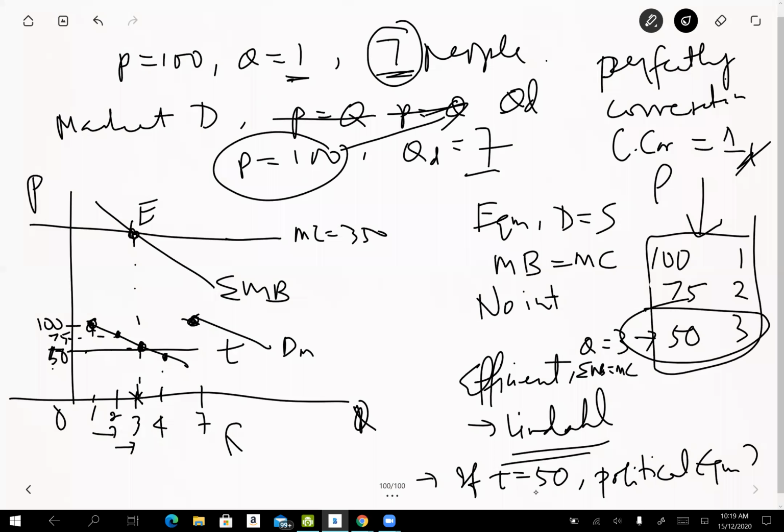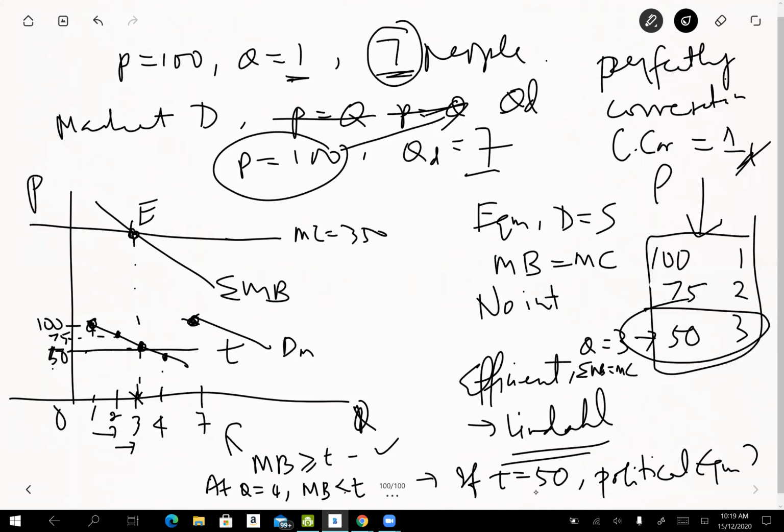The tax is bigger. You already have the rule. If the marginal benefit is bigger than or equal to the tax, you vote yes, which we already applied for Q equal to 3, 2, and 1. Now at Q equal to 4, what is the condition of the marginal benefit compared to the tax? Look, the marginal benefit is smaller than the tax.